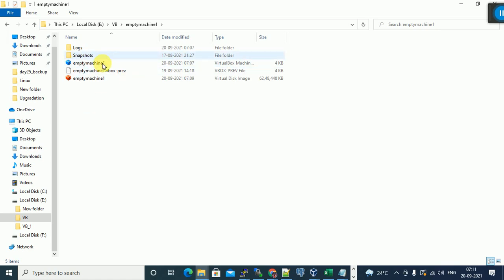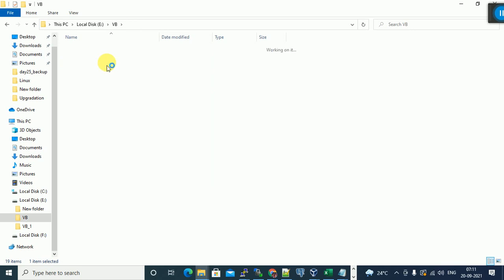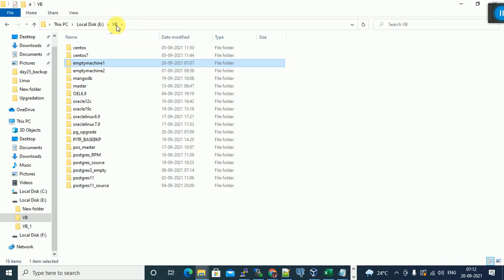If you delete something, the virtual machine won't work. Just see where it is stored. Go to the E drive, open the VirtualBox VB folder, and see what files and folders exist. If you delete something, the virtual machine won't function, it will not open. You have to recreate and reinstall Linux.